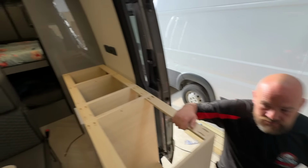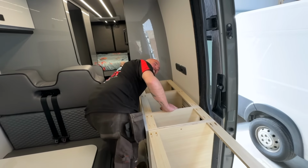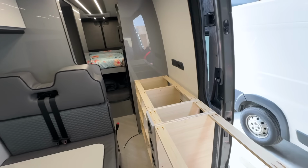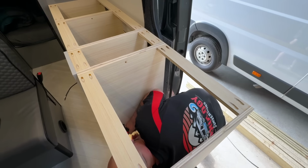True. And my induction hob is going to be inset. Is that what you call it? Inset. Inset, sorry. Not incest. Well done. Yeah, into the worktop. So the induction hob will go on one of these. It'd be recessed anyway. Recessed. Yes. And then...